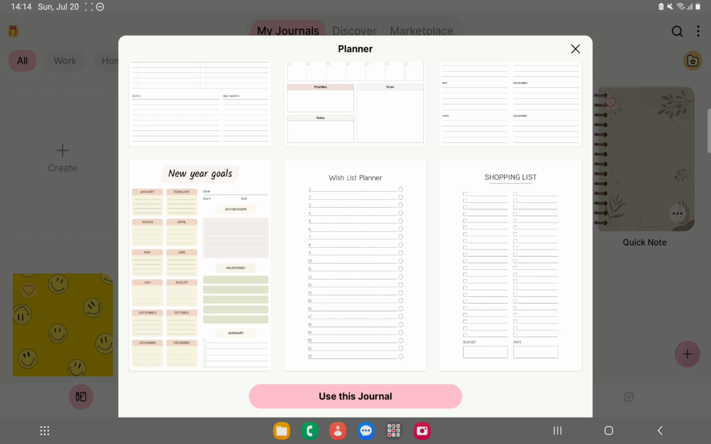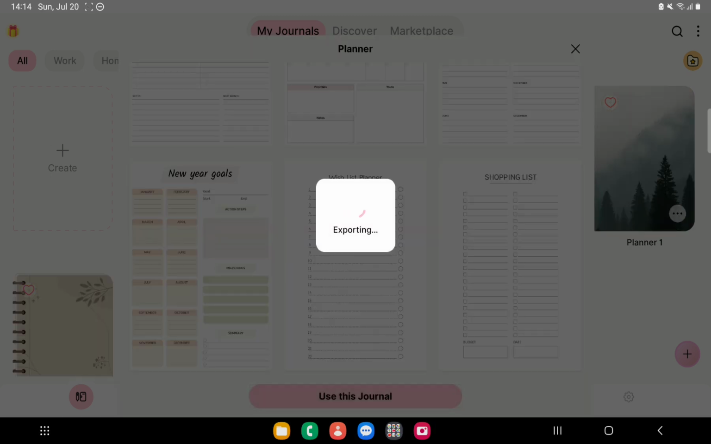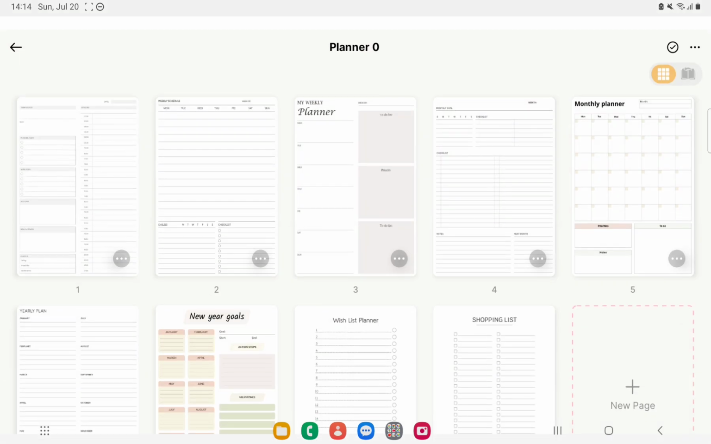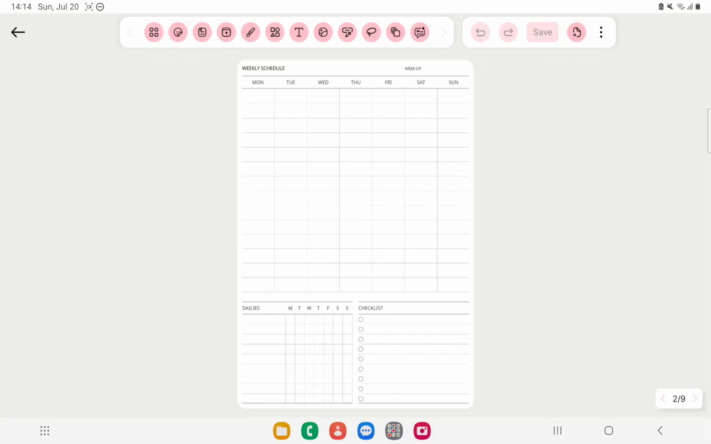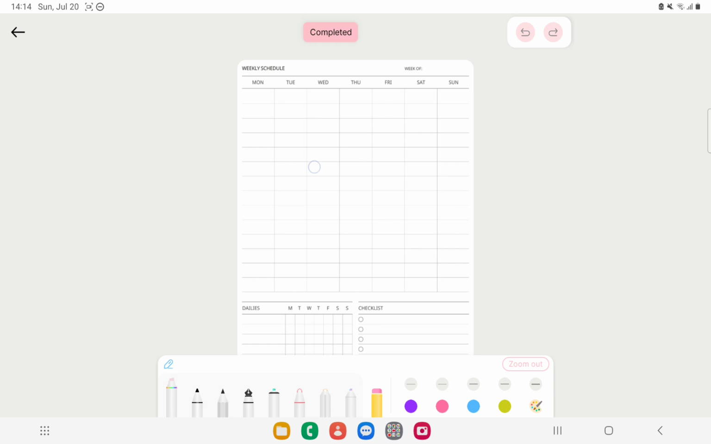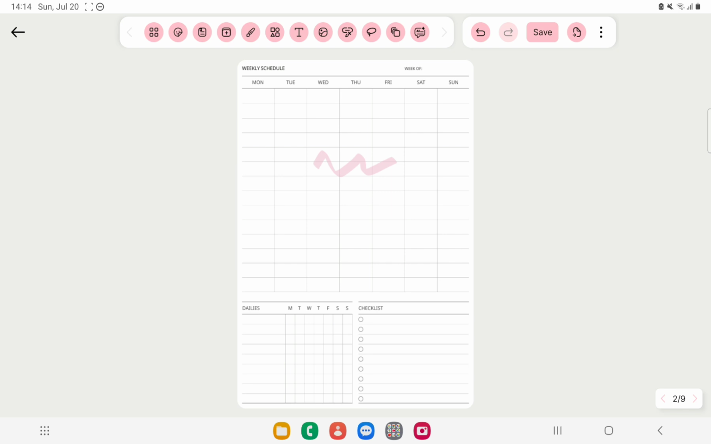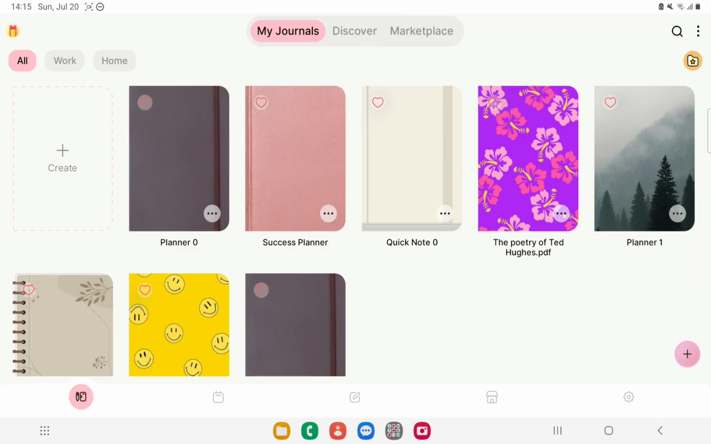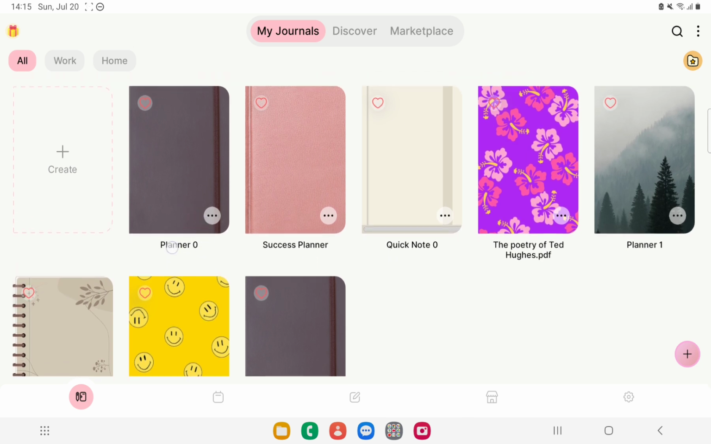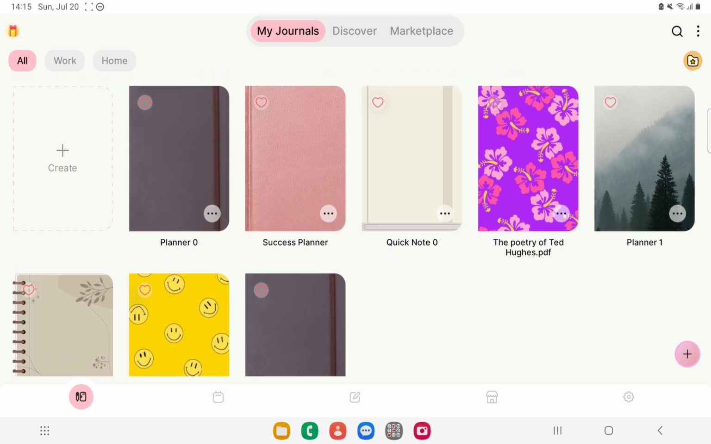Here are the pages. Click on use this journal, and after that you can freely edit its pages. When you are ready with editing, and if you click on completed, save, then you can go back to the main page and you can see that now you have this planner template